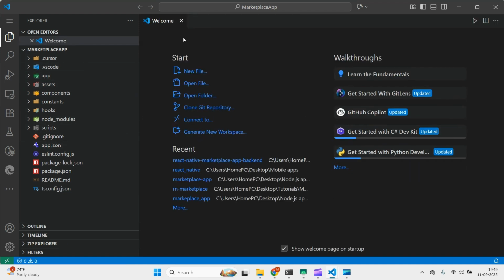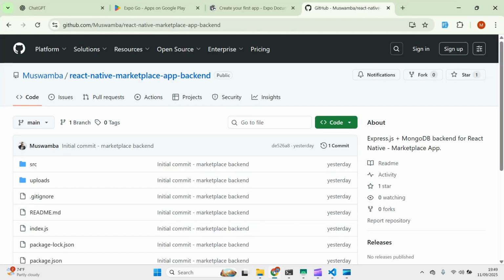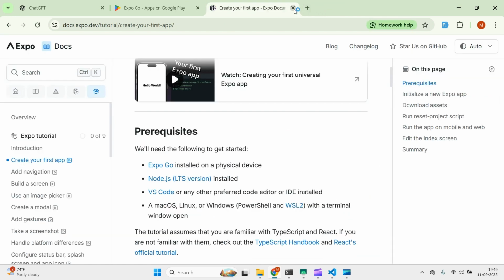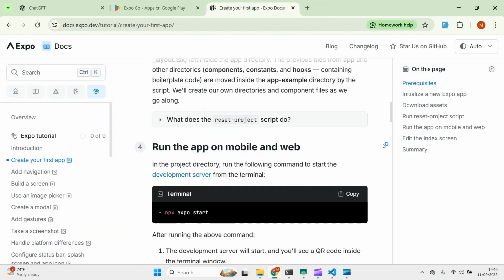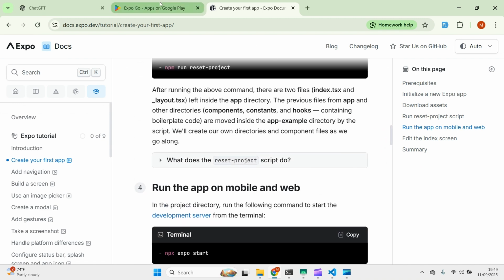But before continuing with this one, I want to show you a couple of things we need to do. I can also close this, and this one. We can keep this one open. First of all,